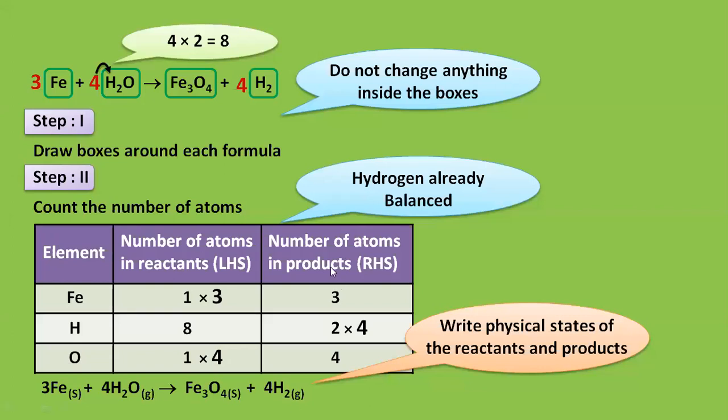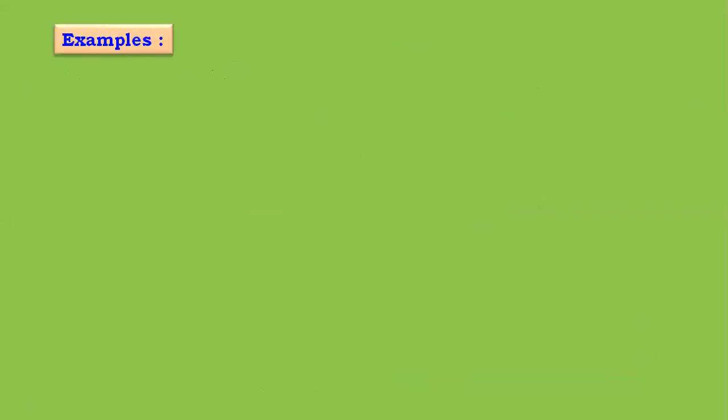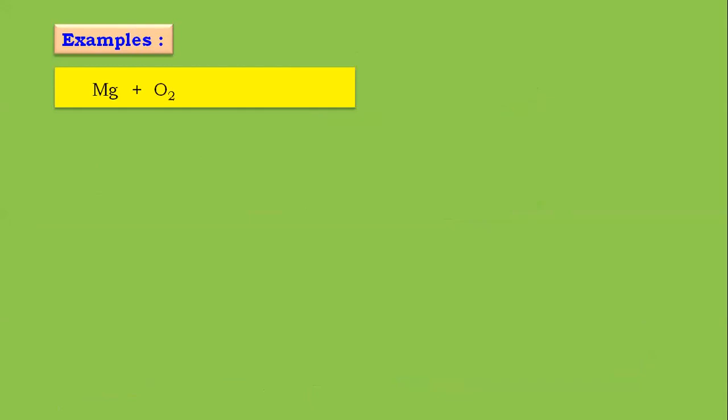If all of you have understood, do you agree to solve a few more examples here? Oh, wow. Let's see how many of you are able to do balancing now. I'm giving you a few examples here. Now, when you are doing balancing, if only a 1 mark question is asked to you for balancing, what are you supposed to do? This is the question I am giving to you. You are supposed to balance this equation. Please, my dear students, after you write the question, rewrite the equation again and then start balancing.